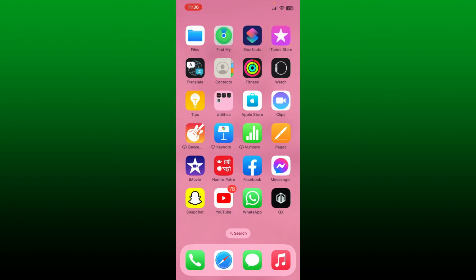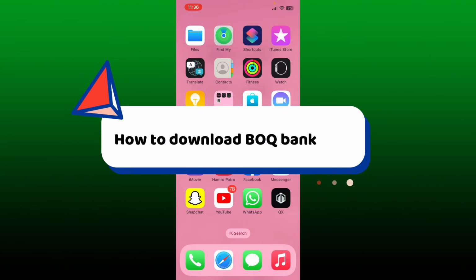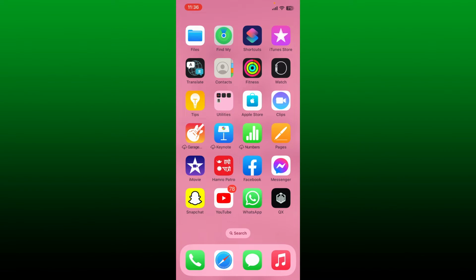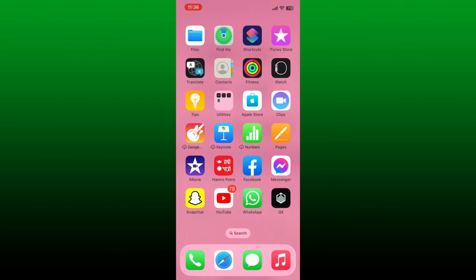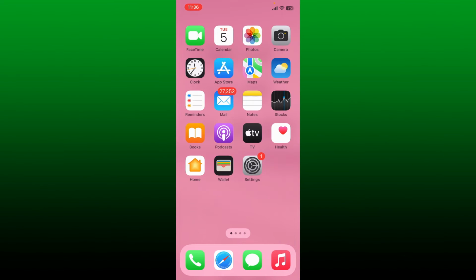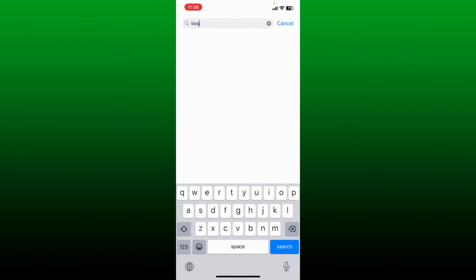In today's video, I'm going to show you how to download the BOQ Bank application on your mobile device. To download the BOQ or Bank of Queensland application on your mobile device, first make sure that your device is connected to a stable internet. Once you are connected, go to your App Store or your Play Store and search for BOQ in the search